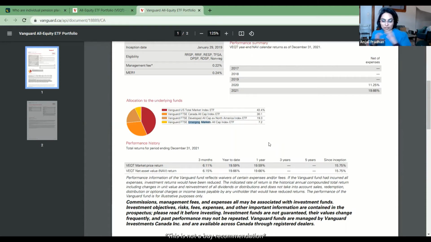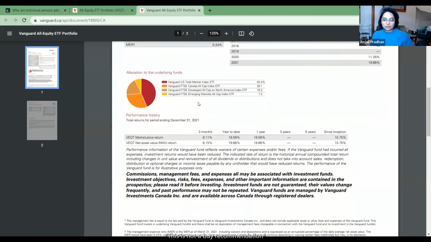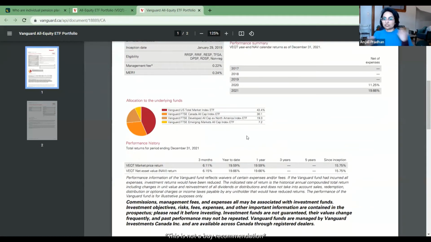So when it comes to emerging markets, they don't invest in every single country out there. They invest in the bigger countries that are more developed, where the markets are more efficient and reliable. Okay, so there you have it. You have access to the whole world. So actually, the principle was not that wrong.